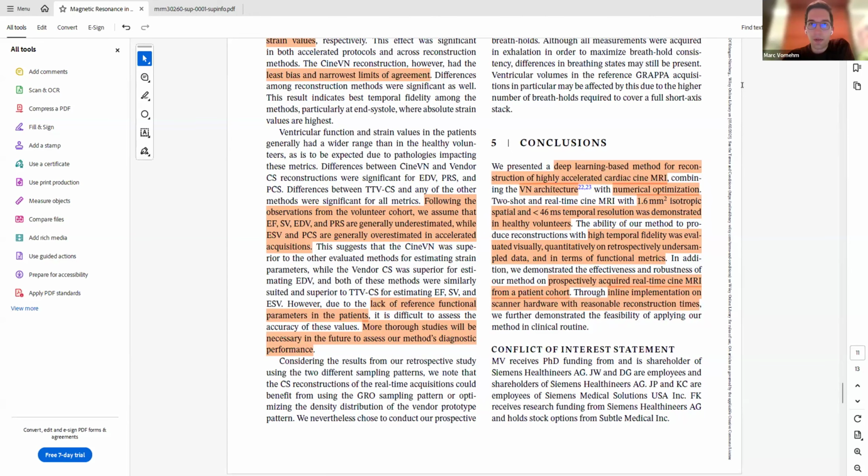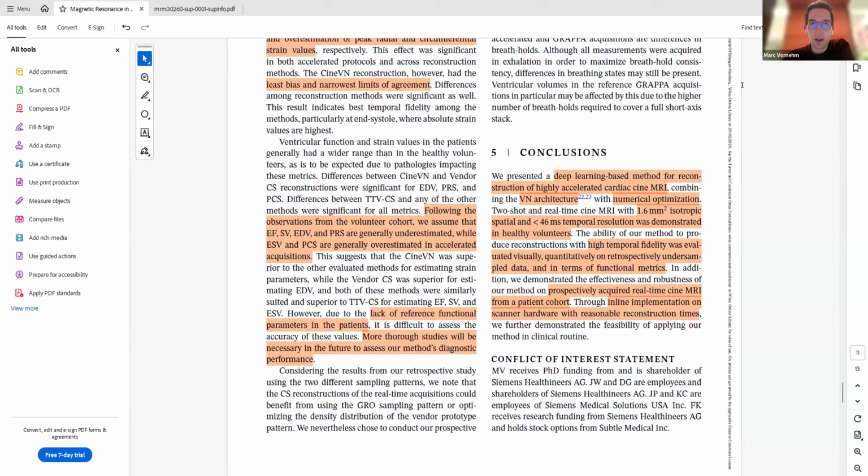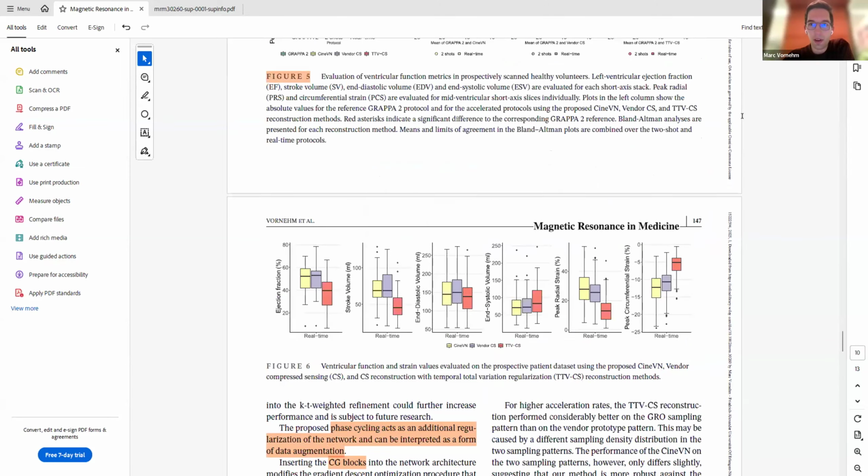Yeah, so that is definitely something that we need to evaluate, and I basically skipped over the patient study, but we definitely will need more elaborate studies in patients in order to evaluate those things that you mentioned.